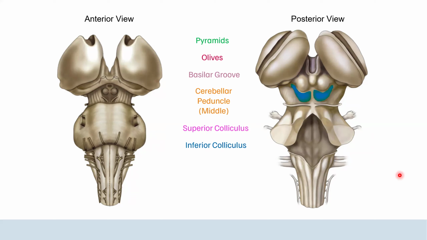Perfect. Now, do you guys know the significance of those colliculi? What are they actually for? One for vision and one for auditory. Yes, perfect. Okay. So your eyes are above your ears, so the superior is for vision and the inferior